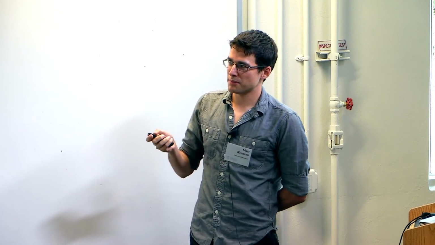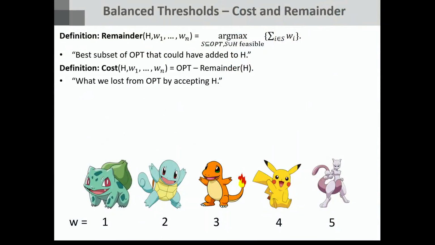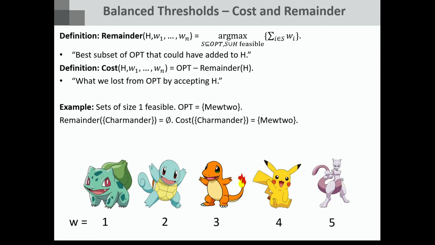Okay, so let's see just some examples to try and make these definitions clear. Let's say that sets of size 1 are feasible, and here are the elements and here are their weights. Then opt is mu2. And what's the remainder of Charmander? This is the best element of opt that we can add to Charmander and still be feasible. But we can't add anything to a set of size 1 and still be feasible, because the feasibility constraints are only sets of size 1. So we can't actually add anything from opt to Charmander, so the remainder is the empty set,